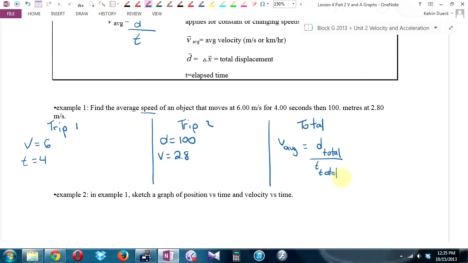Can you tell me the total distance we traveled? Well, I know how far we traveled in trip 2. How far did we travel in trip 2? 100. How far did we travel in trip 1? Don't know yet. So I bet you I can calculate it. How can I calculate it? Well, how did I get that? Well, that's sort of from Science 10, but